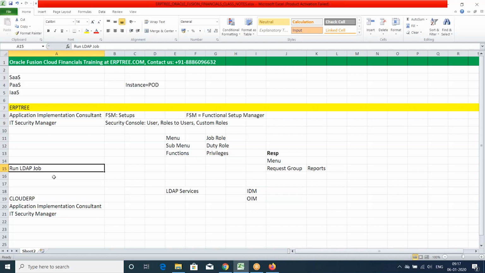So what I am trying to say is, it's not just the assignment. This also has to run so that the user will get the roles. Either you wait for synchronization or you run it explicitly. Sometimes you may see it working without running, but sometimes you don't. Instead of having that sort of experience, whenever you assign any roles to any user, run this. That's it. You will see what you are expecting to see.